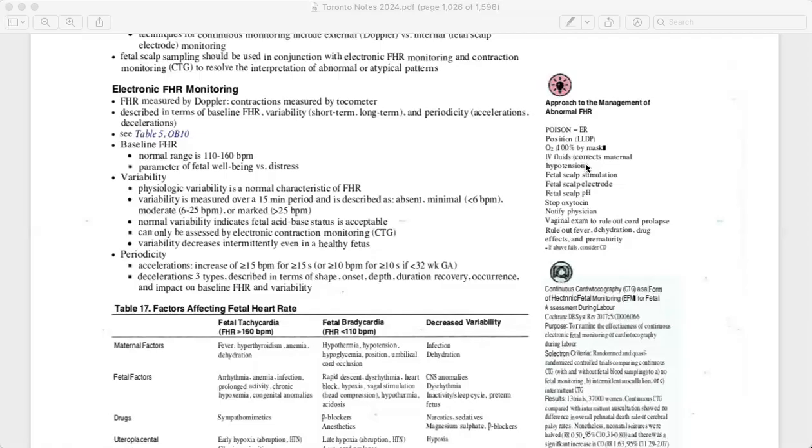Then coming to the oxytocin, O for oxytocin. So oxytocin should be stopped because it can decrease the heart rate. Then N for notify the physician. It means notifying some authority position, like some supervisor. E for exam, vaginal exam to rule out any cord prolapse, and then R for rule out any fever, dehydration,